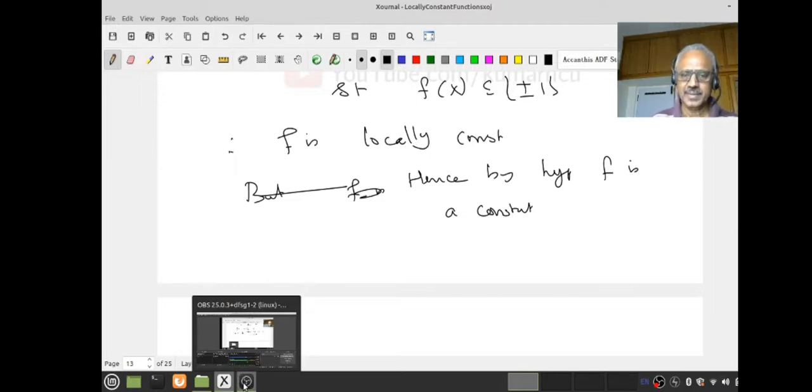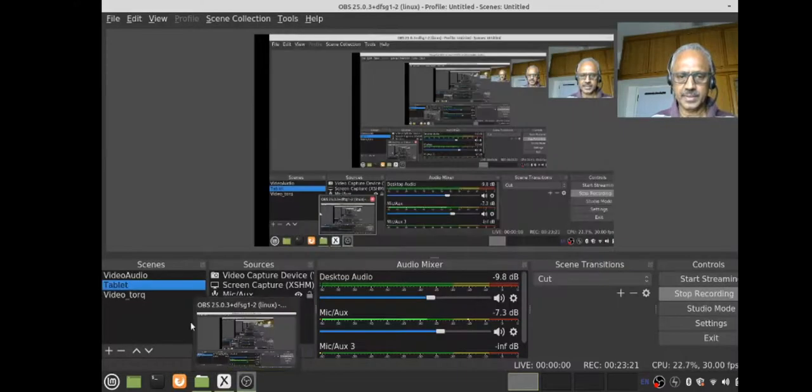So let me stop the lecture. This lecture may be optional, but I like the proof because it teaches us in a very simple way how to use, invoke or exploit the given fact that the space or set is connected. You will see this in your complex analysis courses, and you will again see in our course also one or two more occasions where I will use this result. Okay, so take care, stay safe, we will meet again.